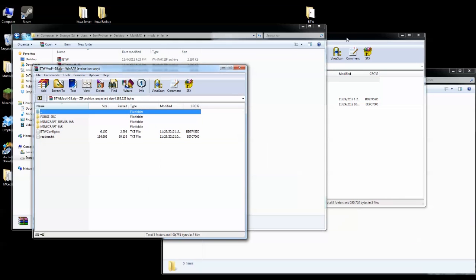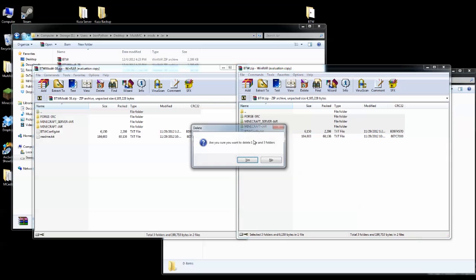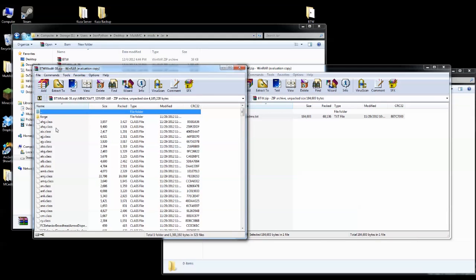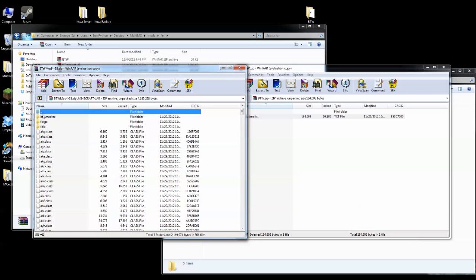So in the copy here, select everything but the README and delete it. Then in here, you need to do some things. And why do I delete that? Well, this is not meant for MultiMC. If you just install this as it is, it won't work. Because it has these things like for the server, it has ones for the client, it has the config files here and all that stuff. Really, all you need is the client one. So just go in here,